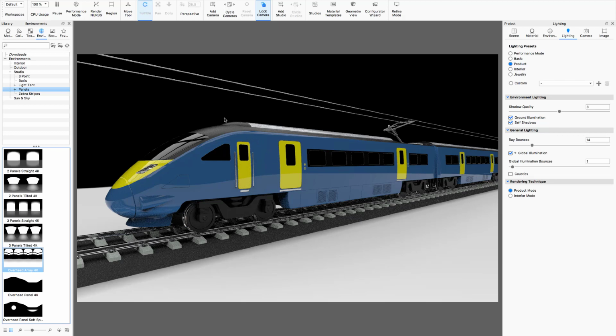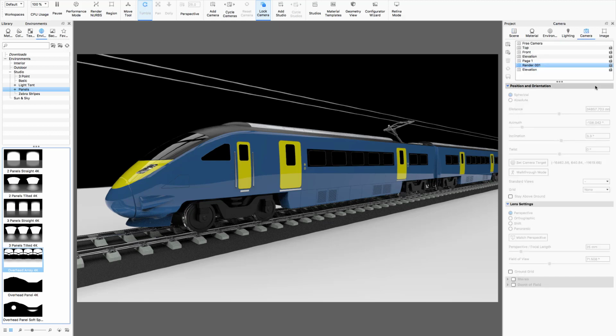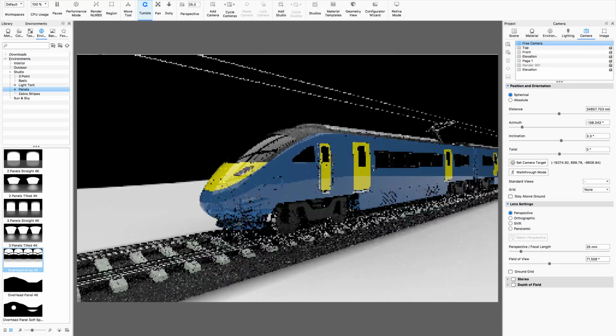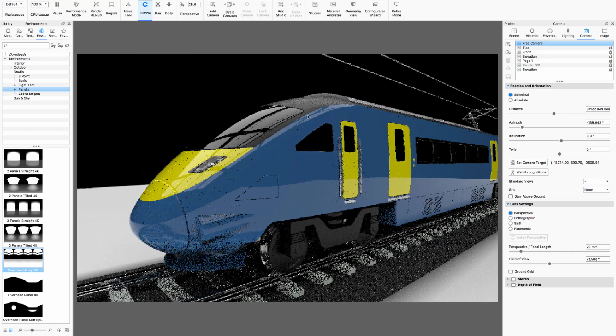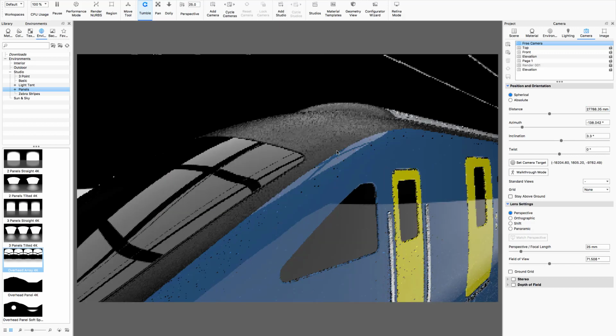Now this also shows me that some of these materials here are not quite right. So the glass is basically slightly too opaque, and this material on the top of the carriage, the black, possibly also the silver grey color here, are too rough. So I'm going to just quickly go to camera, and I'm going to switch to the free camera, and I'm just going to pan here and zoom in a little bit and just take a little look at this material here,